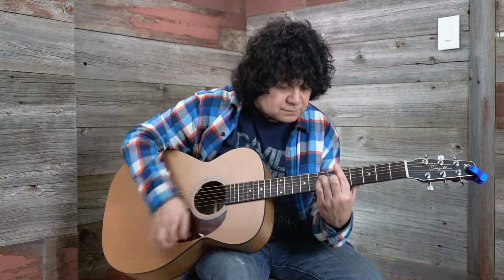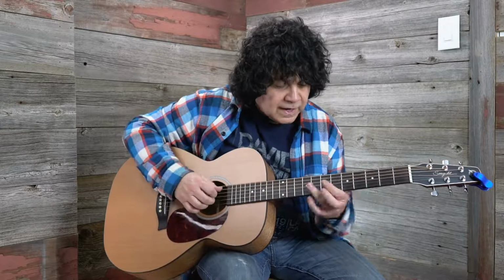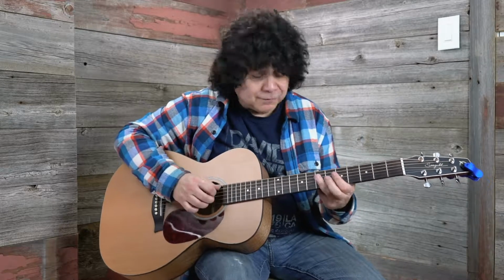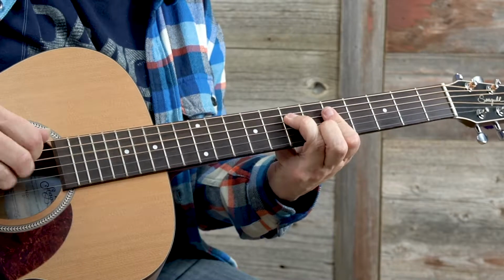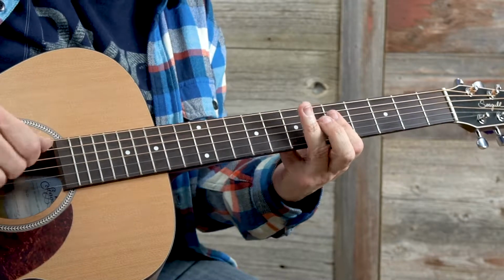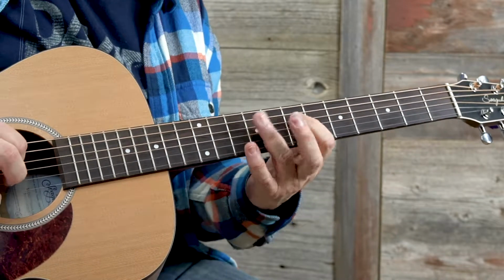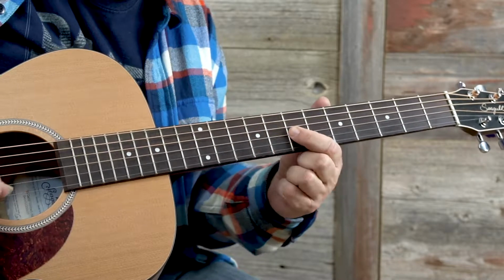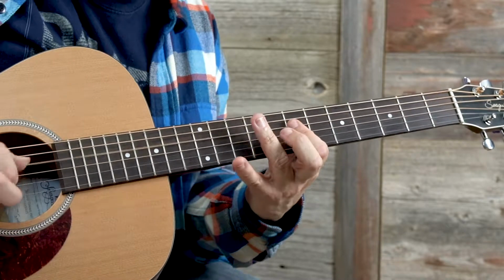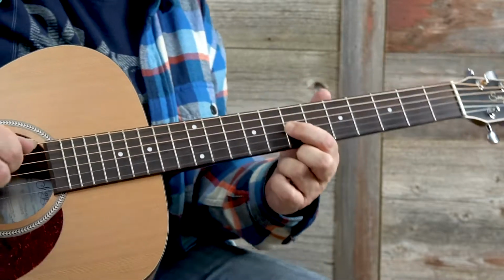Now you're doing this for root motion. So the guitar player is going. And you go, or pardon me, Mark Knopfler goes. So F, C, B flat, and then these notes is the A and the F. He variates that a lot. So he goes